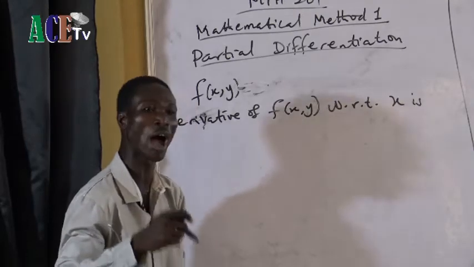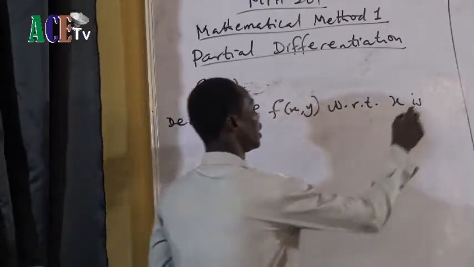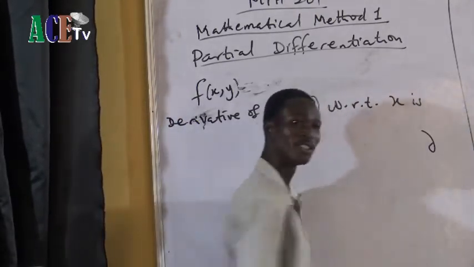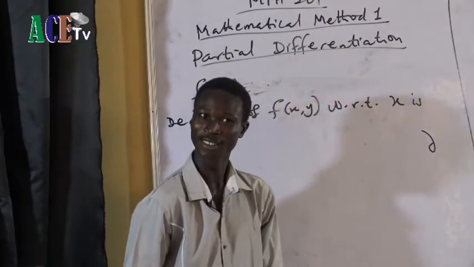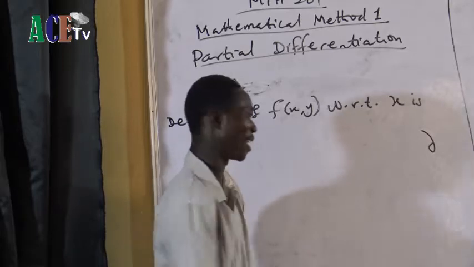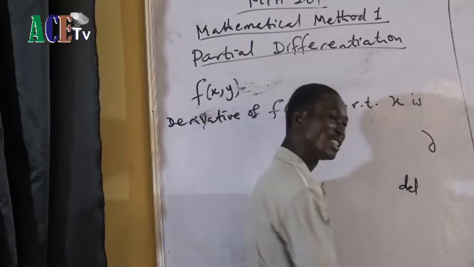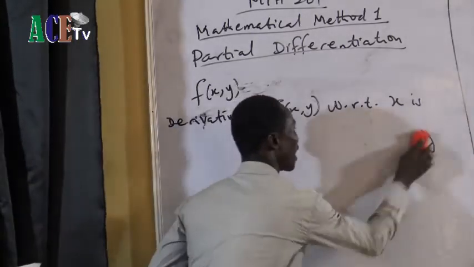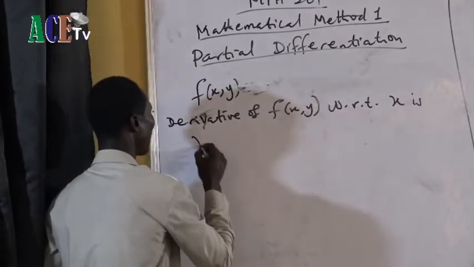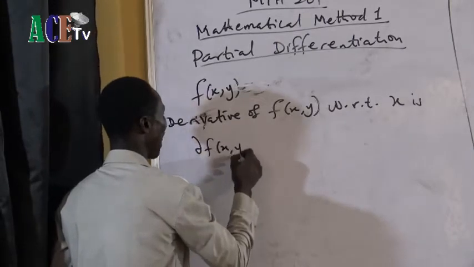Now listen to how I will pronounce the symbol. The symbol is written this way, and it is pronounced del. Del. It's not d this time around. It's pronounced del. So if I want to write it, I will now write del f of xy